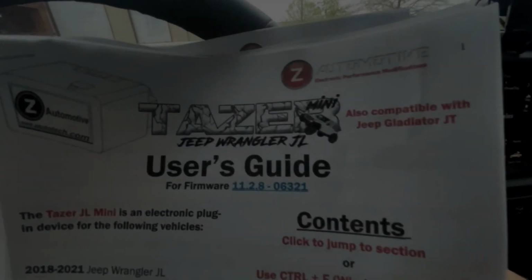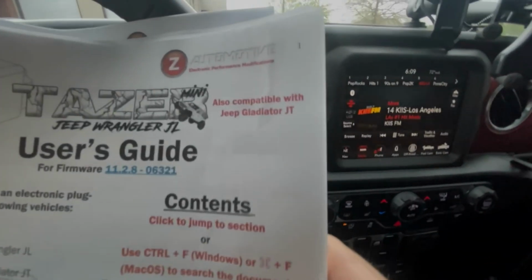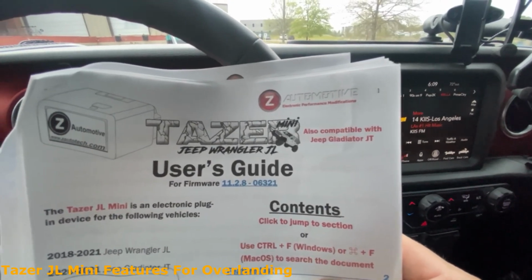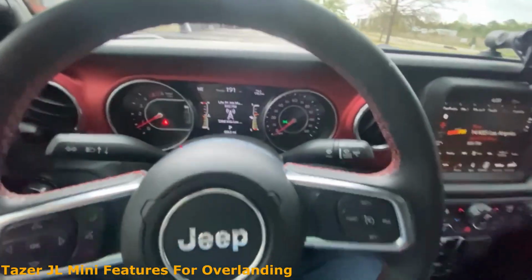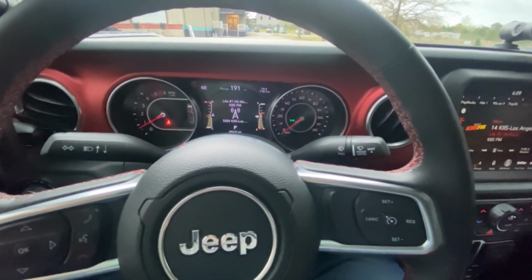All right, guys, really quick. The TAZER for the Jeep Wrangler JL or Gladiator JT. Definitely recommend this. So a couple of features I've liked for it for overlanding or just owning a Jeep is